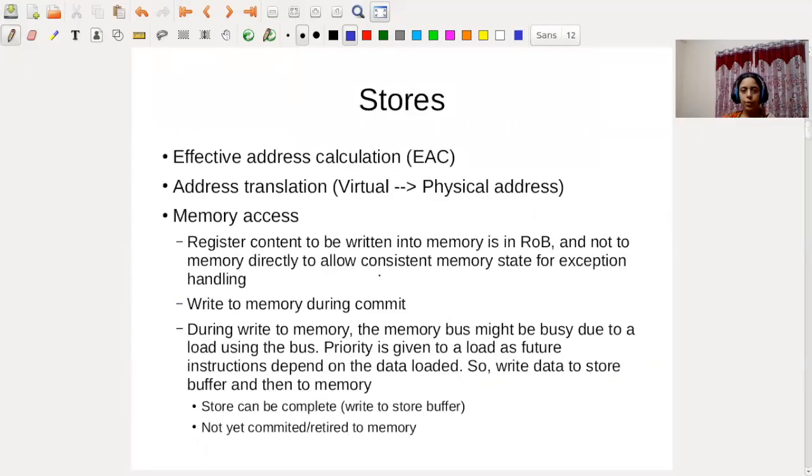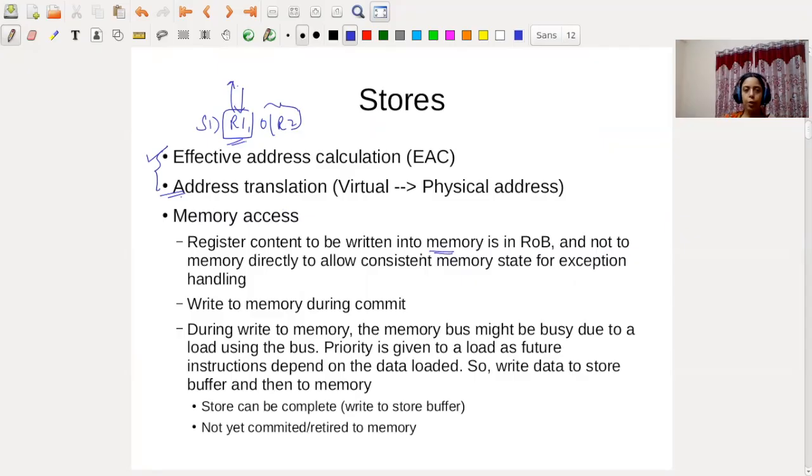Now we'll discuss stores. Stores are a little more complicated and a little different. The first two steps are the same. You do the effective address calculation for a store, and also do an address translation if you have virtual memory. Now, in case of a store, we also need to read an additional register here, and this register itself might be dependent on a previous instruction. So this register content will now be read and written into the memory,